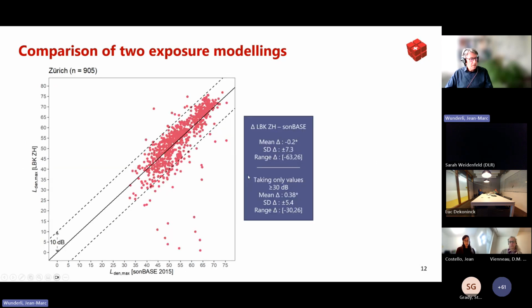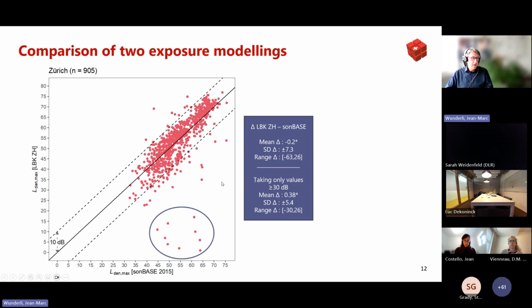Maybe a better representation is this scatter plot here, where we can see the differences better. We see, first of all, this huge spread, which can also be seen in the range of decibels that we have between the two calculations. Even though the mean deviation is very small, still the standard deviation is quite substantial. So what we see are these already mentioned unrealistically low exposure situations from the city of Zurich. This is just because they ignored those smaller roads and didn't assign any